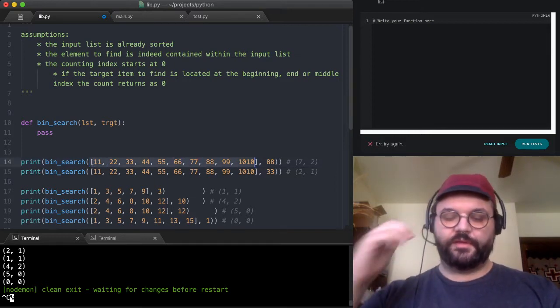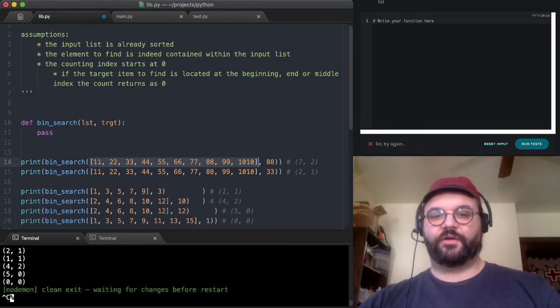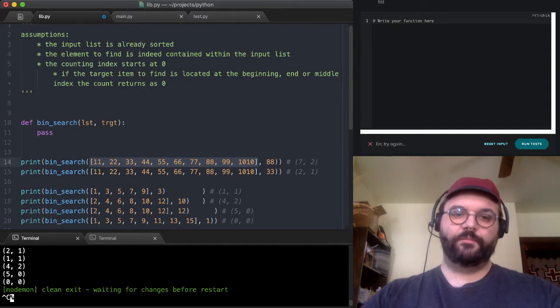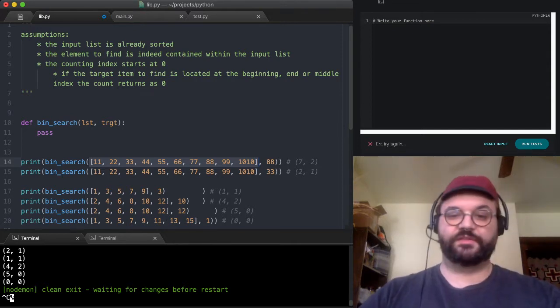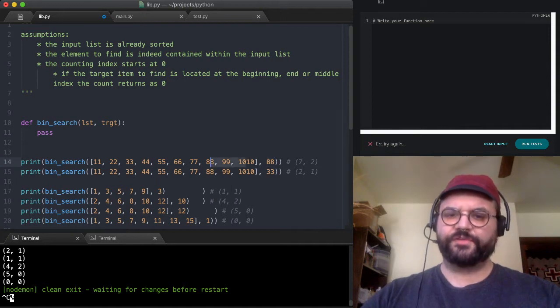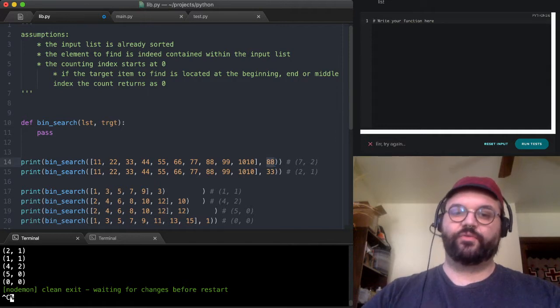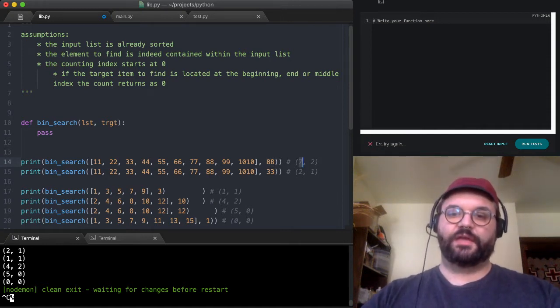And the reason that they need to be sorted will become obvious when I walk through how the algorithm is going to work. But for now, it's important to know that the input is always going to be a sorted list of numbers. And we'll also take a number that is in the list. We're going to assume that the number is in the list, and this is the number to find in the list. What we want to do is find the index of that number with our binary search method, and we